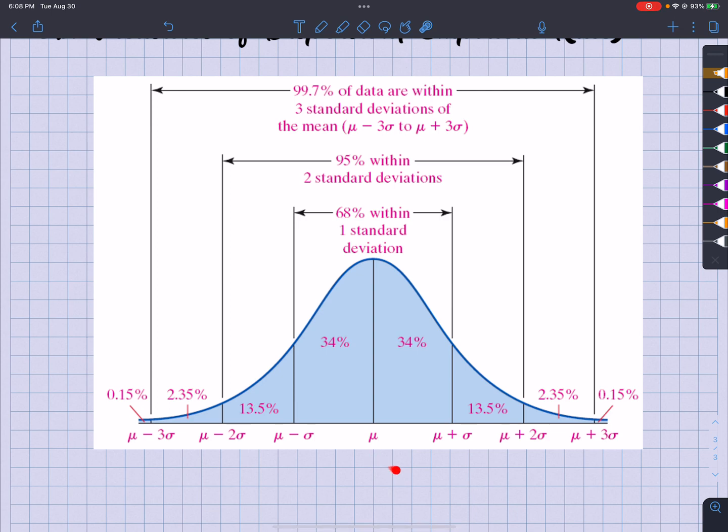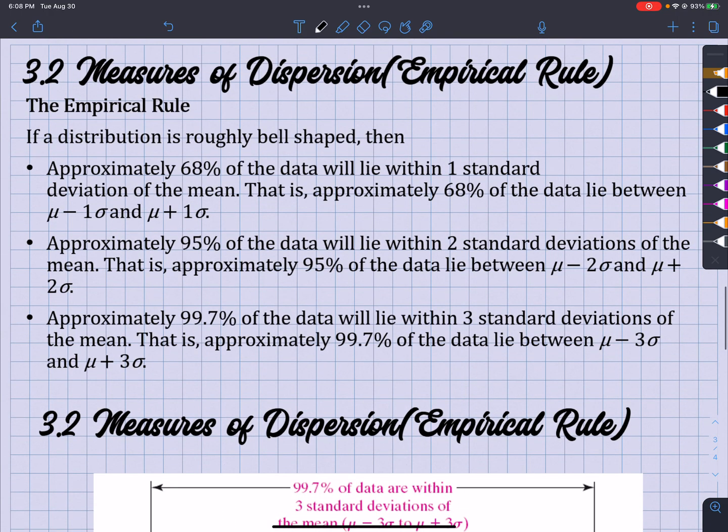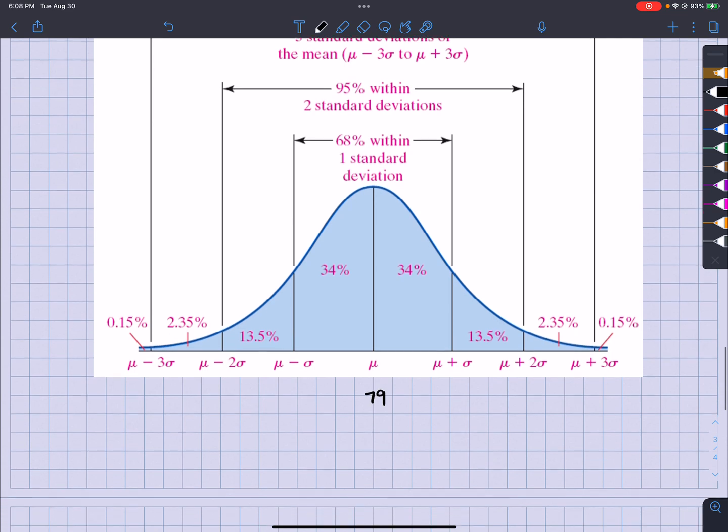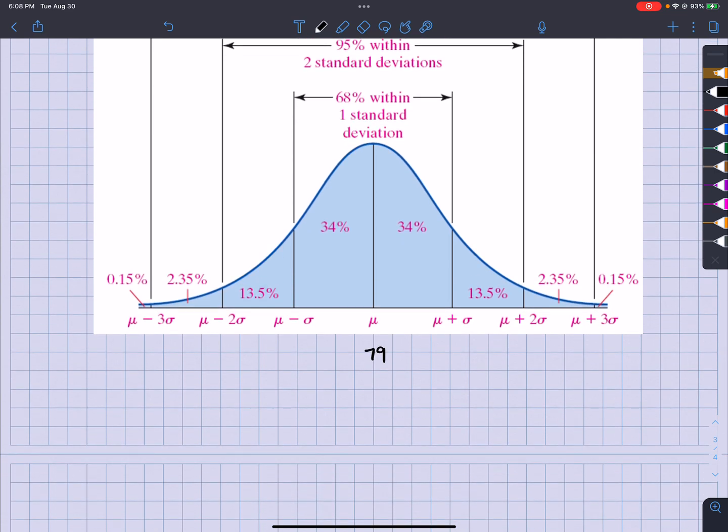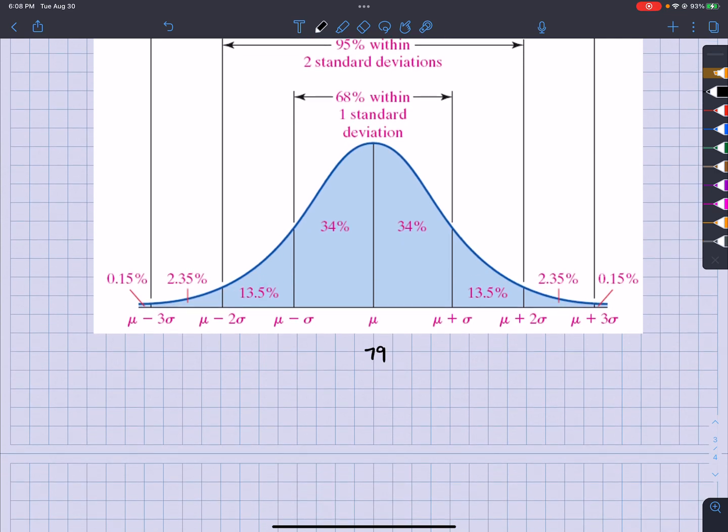Well, one standard deviation away, with that example, this would have been 79 because that was the population mean, and the standard deviation was 9.82, let's say 9.8. So this would be 79 plus 9.8, which gives me 88.8. And if I took that 79 and subtracted the 9.8, I'll get